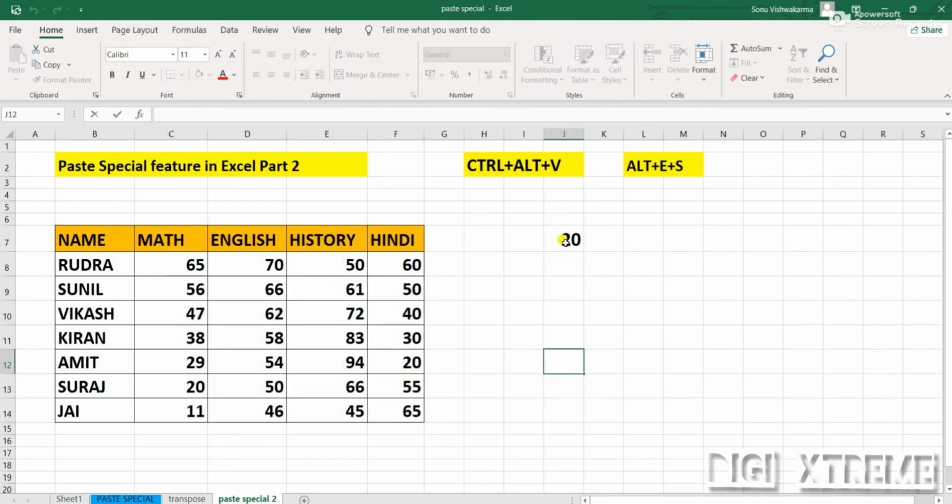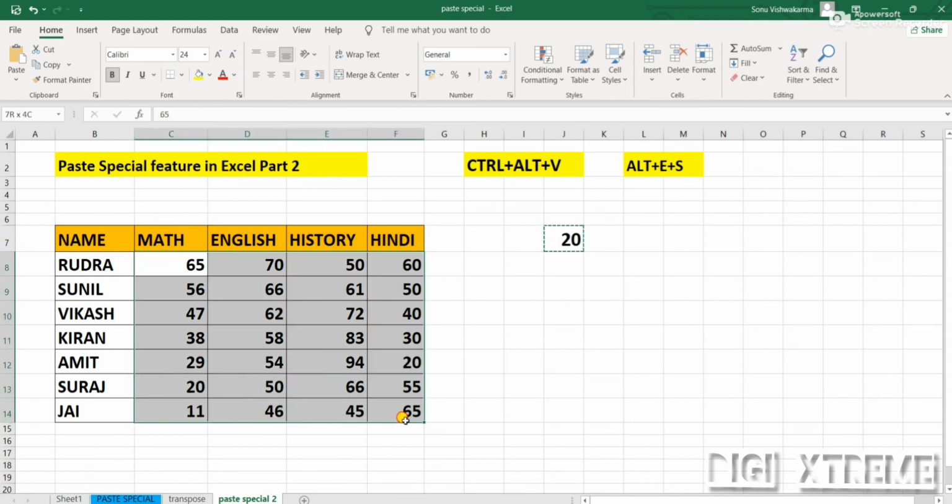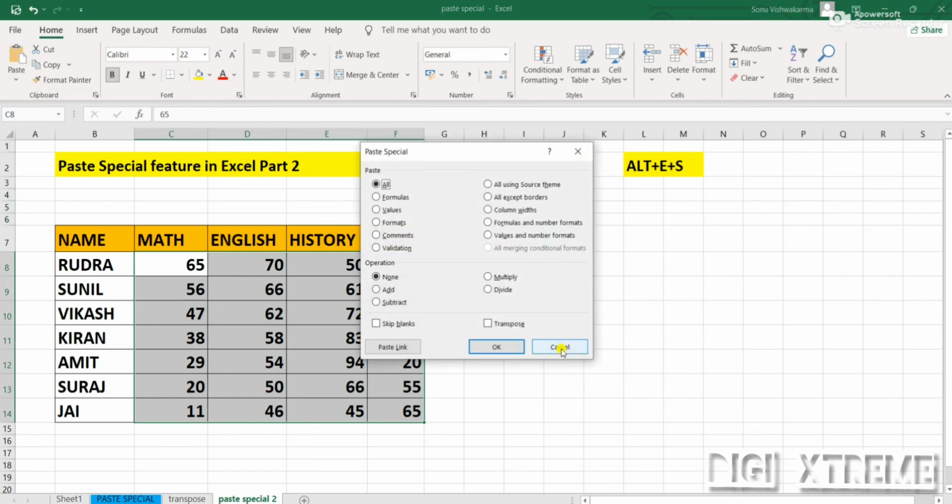Now, what about multiply? Multiply you can do the same way. Copy the number first. I want to multiply all the numbers by 20, so I have simply copied the 20. Now let me select the data. Let me go to Paste, then Paste Special. You can see Multiply.